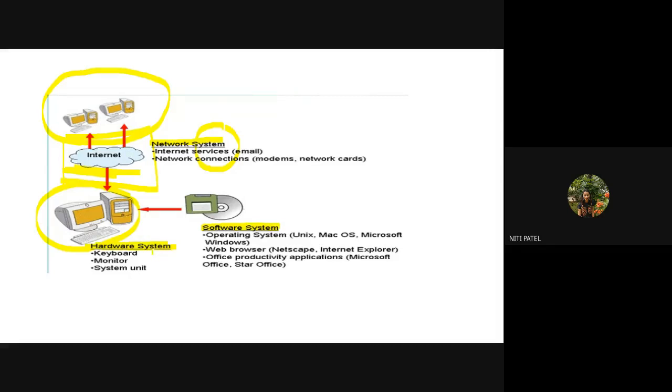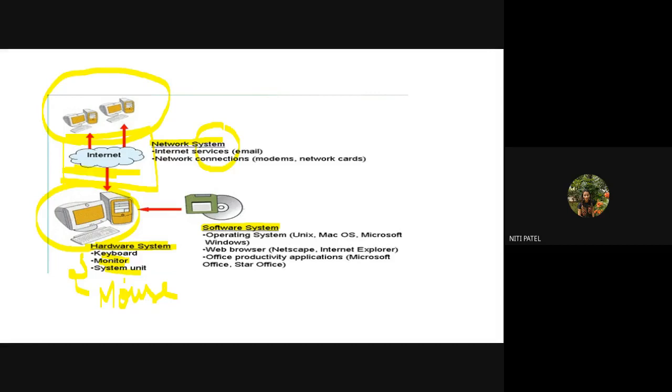Now, what is the hardware of your system? You have keyboard, you have monitor, you have system unit. All those three things are the hardware. Along with this, you also have mouse as hardware. If you want to connect some external speaker, that speaker is also considered hardware. Many of you might have installed a webcam over here. That webcam is also considered hardware. But basically, when you buy a computer system, you get a keyboard, monitor, mouse, and system unit. Apart from this, whatever additional hardware you install is considered external to the system.